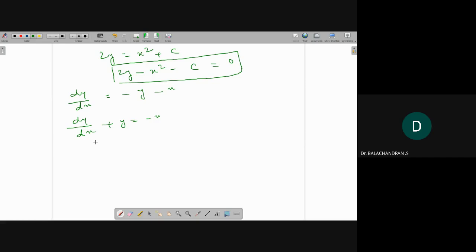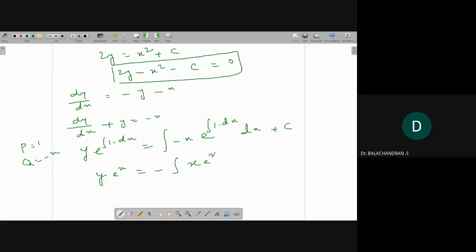So you know how to solve the linear differential equation. So p equals 1 and q equals minus x. The y is the dependent variable, into e power integrating factor. P is 1, so y into e power integral of 1 dx equals integral of q, minus x, into e power integral of 1 dx, plus c. So y into e power x